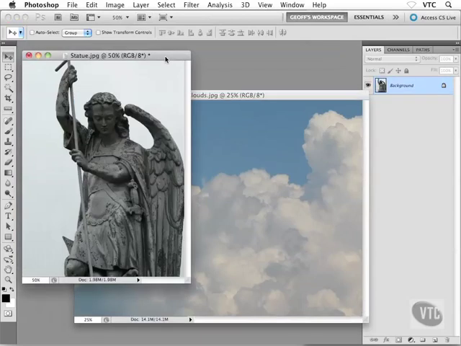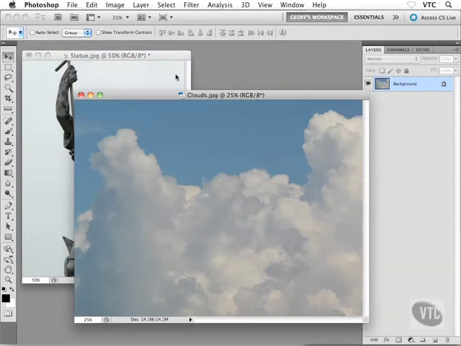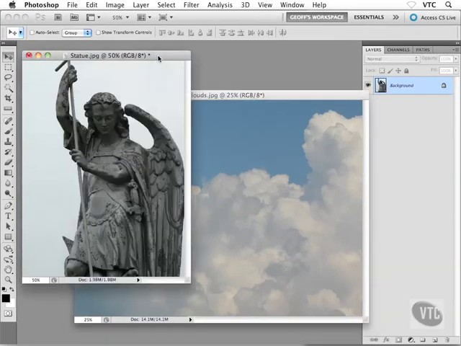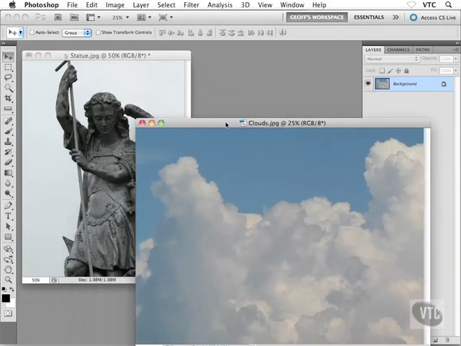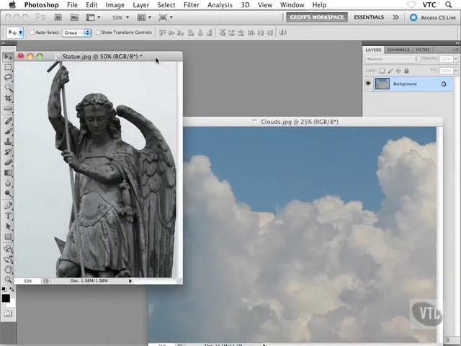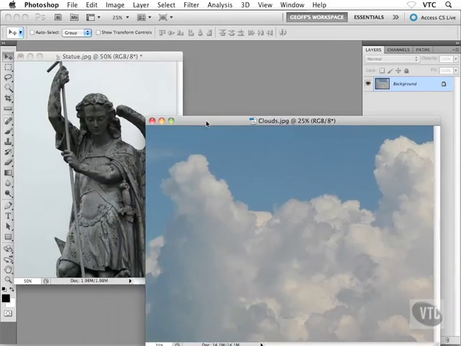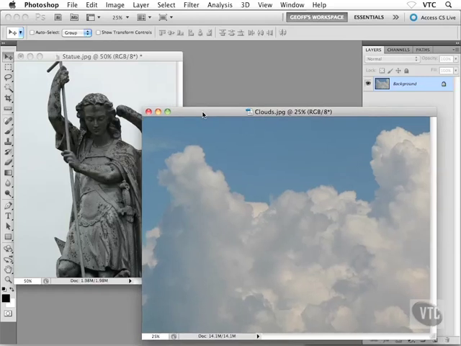All right, now essentially what I want to do, and I hope this makes sense, is take the clouds and drag them into or move them into the statue photo or the statue image, right? What I'll get you to do before we actually get going with this is make sure you're on your Move tool inside your toolbox. And then as far as actually getting the clouds over into the statue image, I'm just going to give us a side-by-side here. We actually have a couple of different methods for pulling this off, and I'll show you those methods here. First of all, and probably the easiest method, is to make sure that the image that